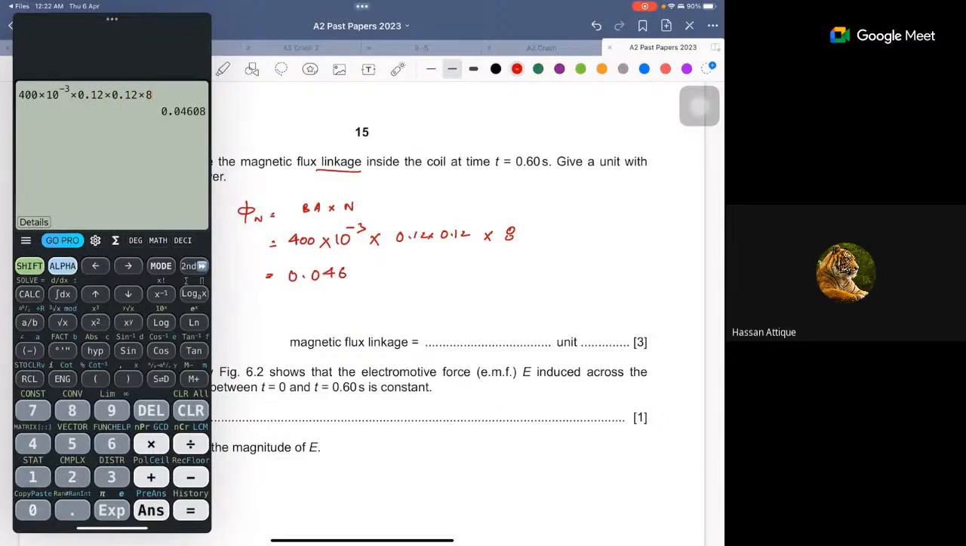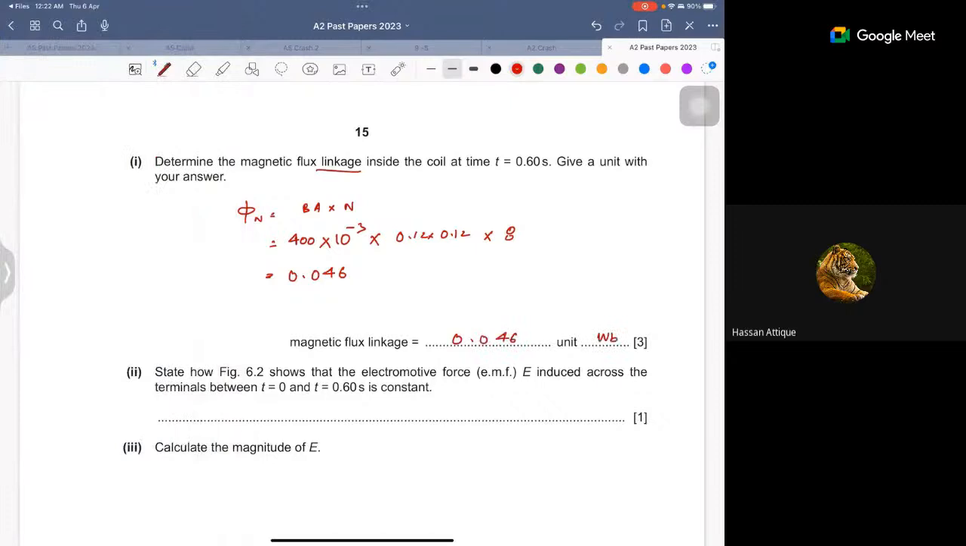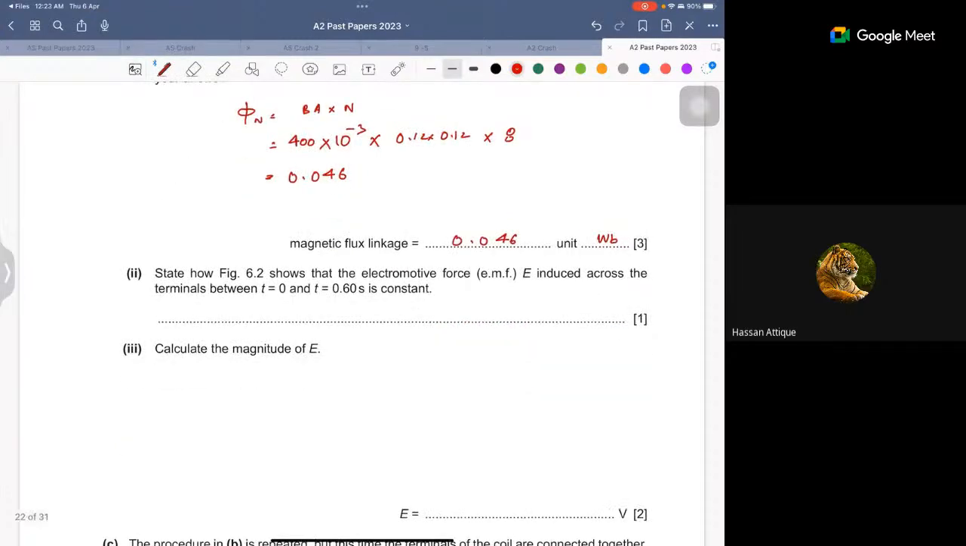0.046. Okay, and unit as well. So magnetic flux linkage is in Webers, so you have to write Webers. Okay, is it clear, everyone? Then